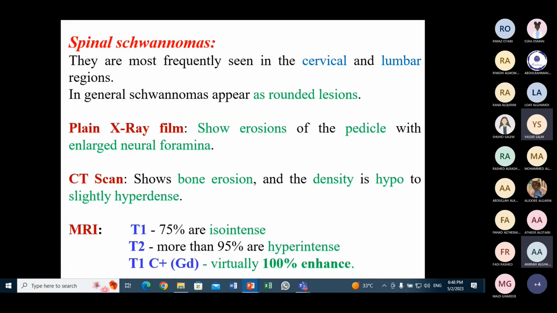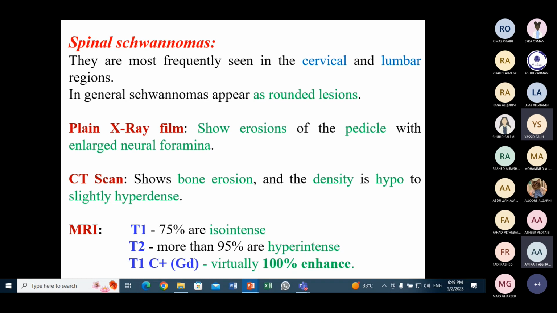How do these spinal schwannomas appear? It can be seen frequently in the spinal and lumbar region. Usually بتكون rounded lesion and can show erosion of the pedicles كأنها metastasis لكن هي بتعمل لنا erosion and enlargement of the neural foramina. This by X-ray. On CT this schwannoma shows bone erosion زي اللي شفناه في الاكس راي